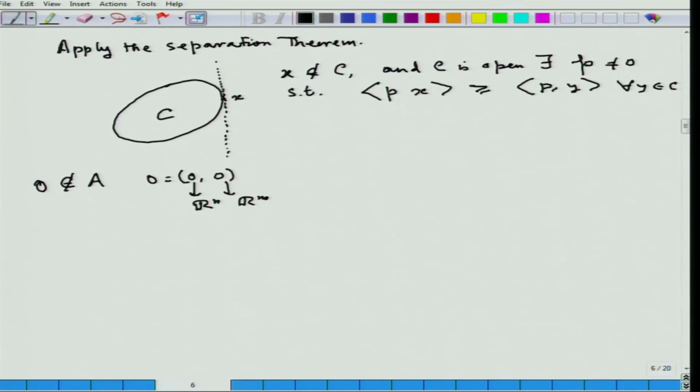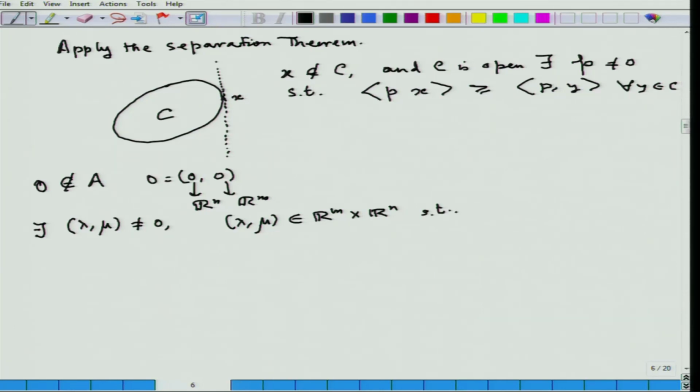So we will just have to look into this. So there would exist some (lambda, mu) not equal to 0, with (lambda, mu) an element of Rm cross Rn,